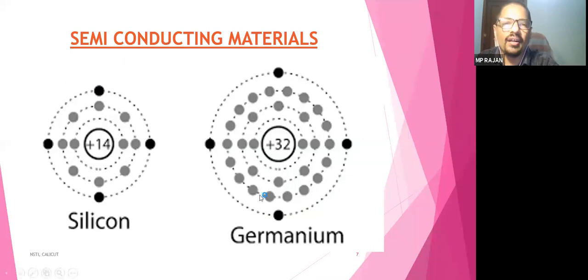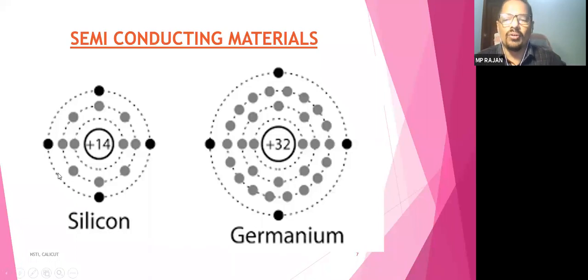Let us take semiconductor, because semiconductors are being used to produce solar cells, right? Now you can see there are two main semiconductor device materials. One is called silicon, one is called germanium. Out of these two, silicon is mostly used because of its abundant availability. Silicon is very abundant on earth. Actually this is sand. You can extract silicon from the sand.